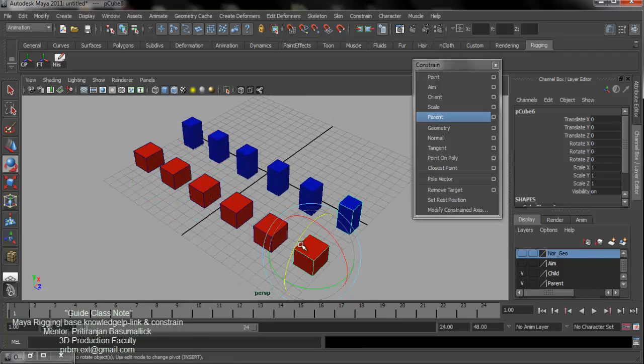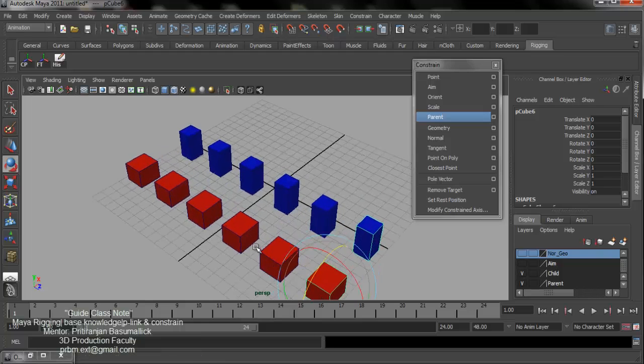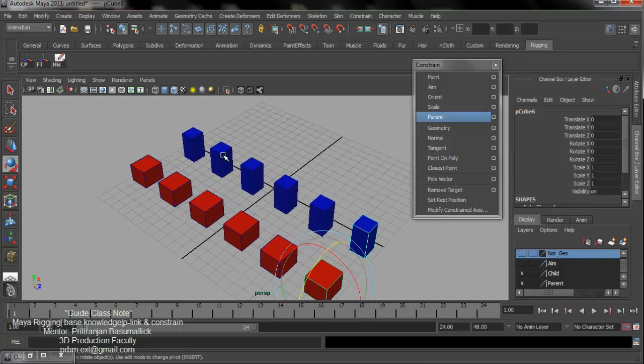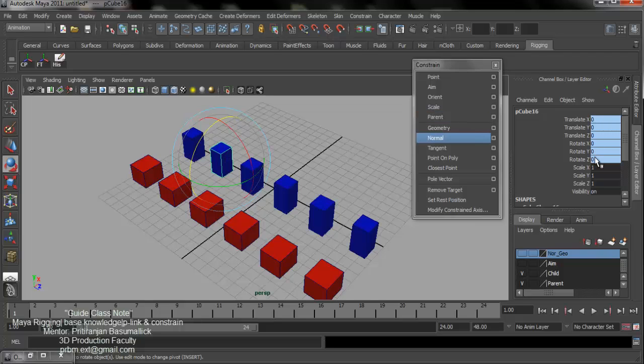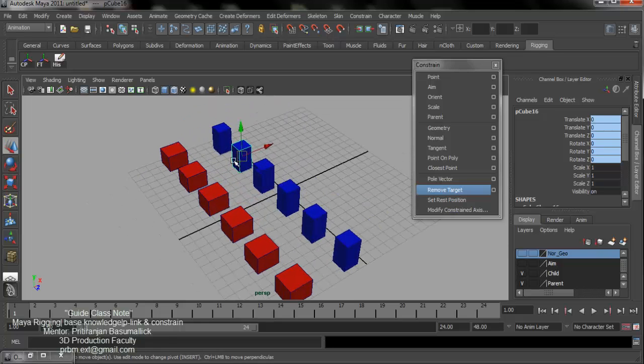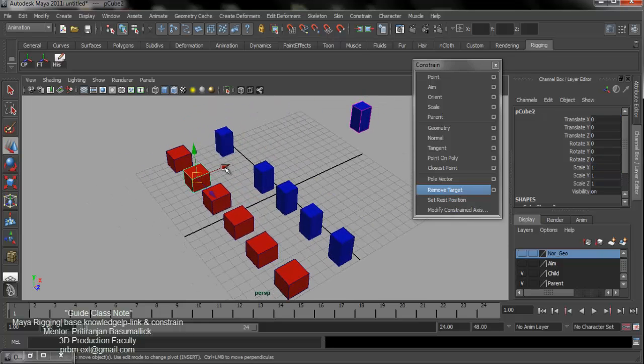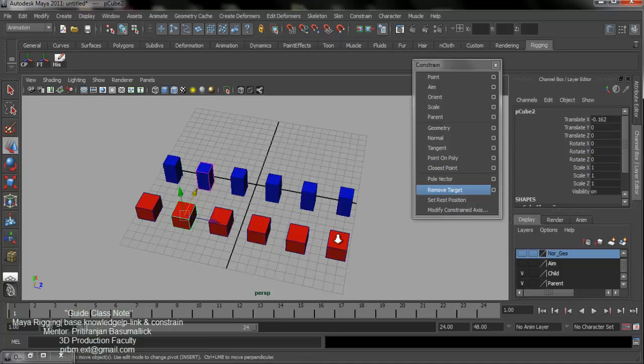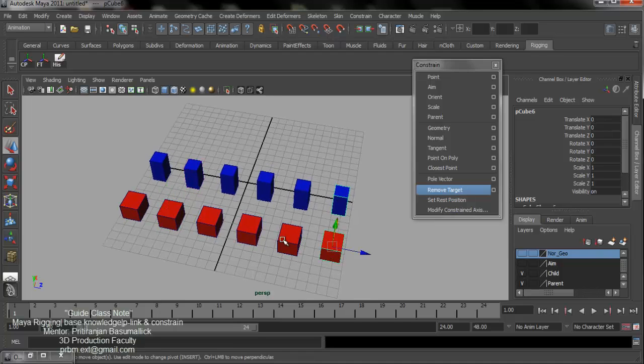Okay, the same thing happens with my p-link also, but there is some difference with p-link. What is the difference? The difference is in how we go to the constant. So what happened, the child attributes are locked, the child attributes are locked. Okay, so it's a very important difference between the p-link and constant.